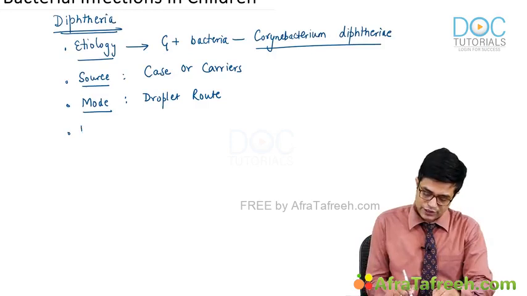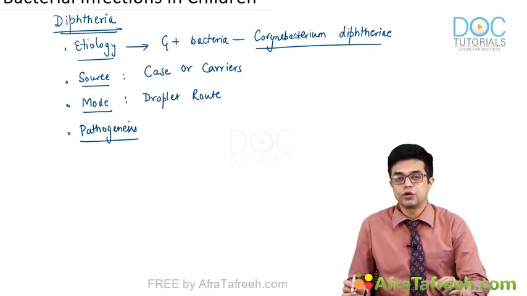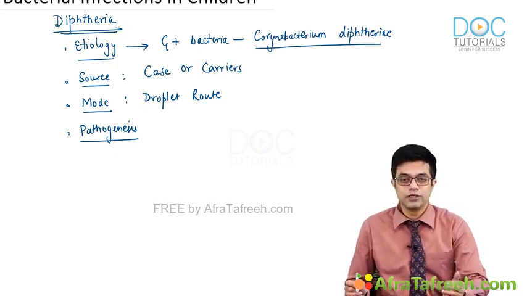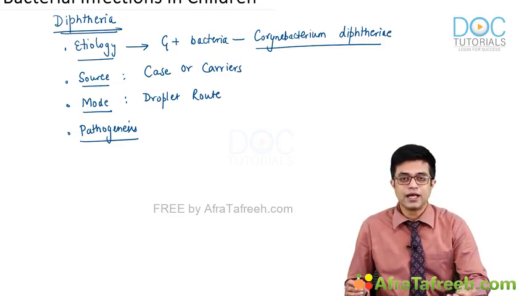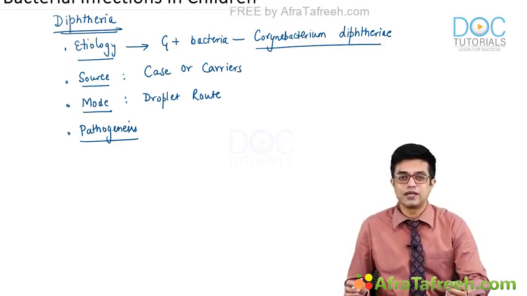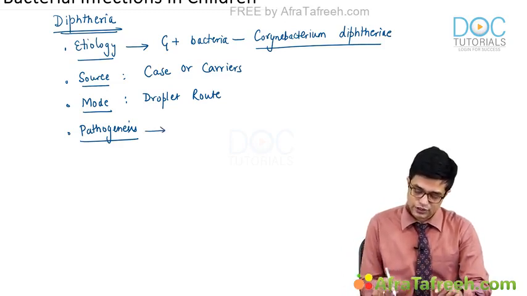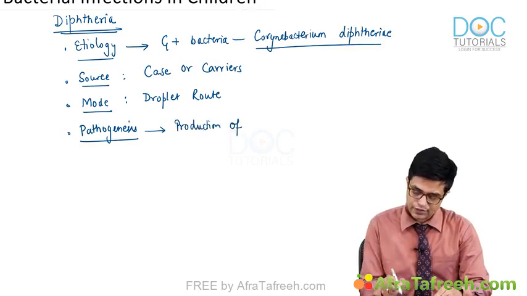Now, coming to pathogenesis of diphtheria. When we talk about diphtheria pathogenesis, remember that the most important pathogenetic factor is an exotoxin produced by the bacteria. That exotoxin has a tendency to inhibit protein synthesis as well as cause necrosis of epithelial cells. In addition, that toxin can spread through the blood and it can affect various organ systems like the heart, kidney and the nervous system. So, pathogenesis relates to the production of exotoxin